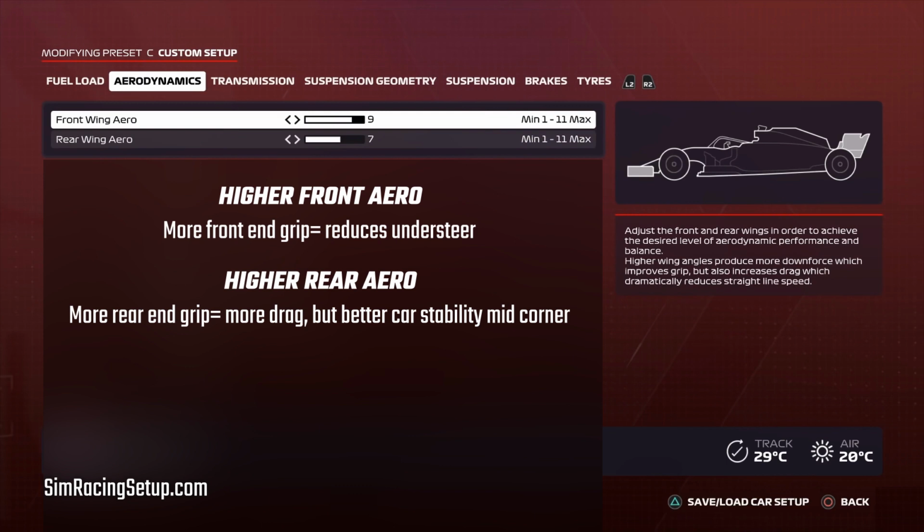If you find you have too much understeer, you can increase the front aero or lower the rear aero. We'd advise adding extra downforce at the front before removing rear downforce. If you have too much oversteer, try increasing the rear aero levels. This will keep the rear wheels more planted into the track and give more grip on longer, medium to fast